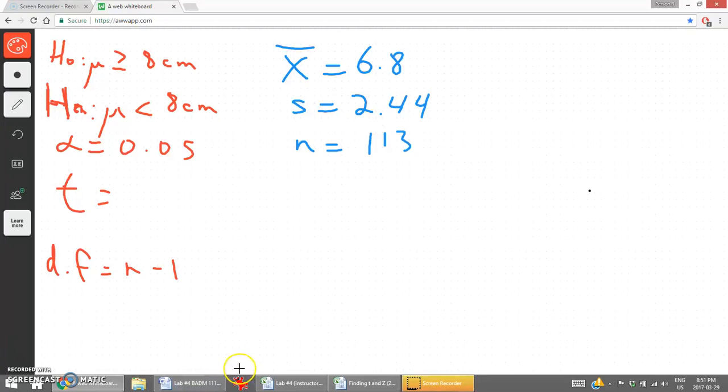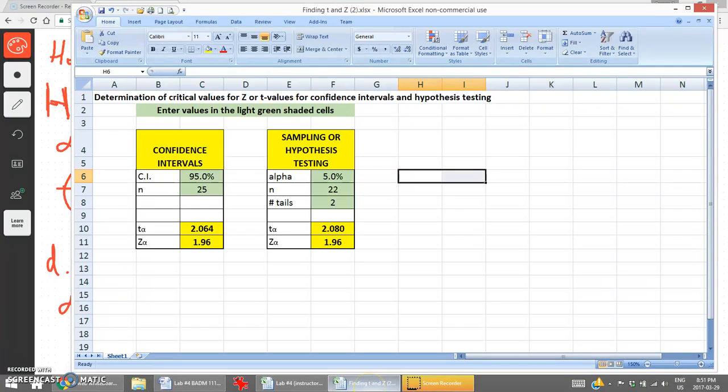n minus 1. In order to find that t-value with an alpha value of 0.05, and because it is a one-tailed test, we don't divide alpha by 2. We only divide alpha by 2 for confidence intervals and for two-tailed hypothesis tests. So we should be able to find the appropriate t alpha value by looking at the charts we have in the course package. But because our degrees of freedom is so large based on our sample size, where we have to go find that t-value,